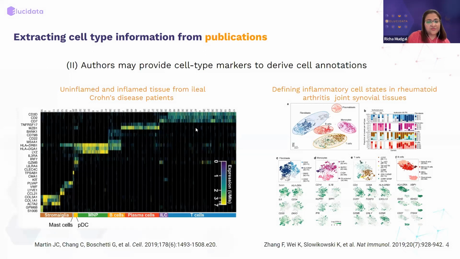Right. So then the level of complexity that comes up is that the authors may not have made this cell type information available, but they do have ways of providing that information through the marker gene list. So in this case, what the authors generally give is